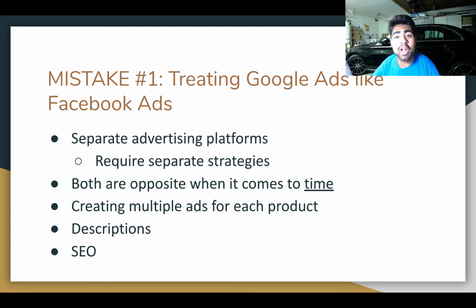On Facebook ads, you would launch new ads on a daily basis or a weekly basis depending on how much budget you had, and each different campaign would be directed towards a different product, and each ad set within the campaign would have different types of ad copies. With the Google Ads, there's only one campaign in the beginning where you're just testing all of the products you have on your store inside this one campaign, and there are no multiple ads where you can split test the title of your products or the pricing, etc. It is just all jammed together inside one campaign, and you make adjustments to that one single campaign for every single product in there.